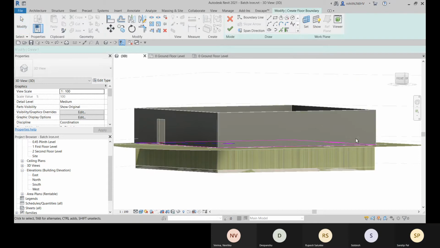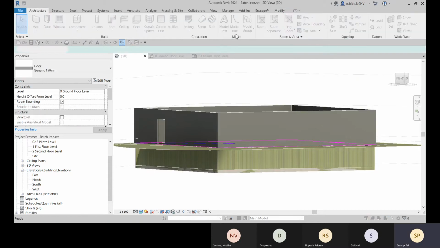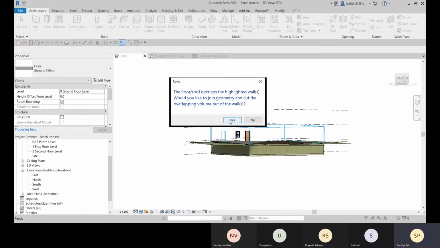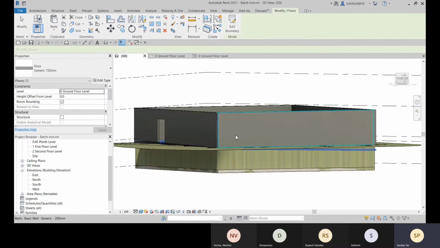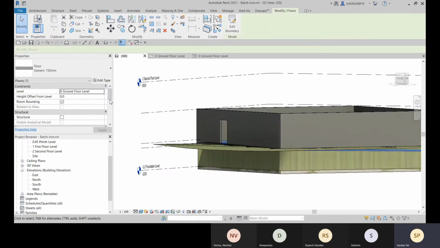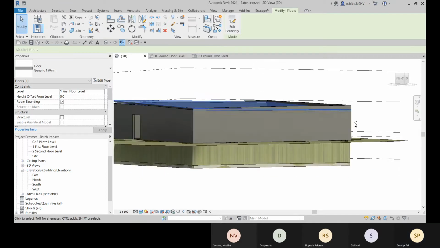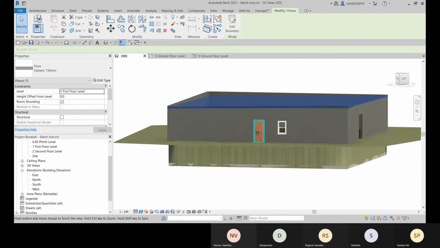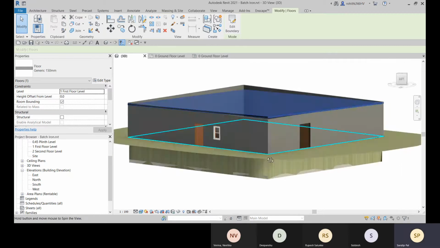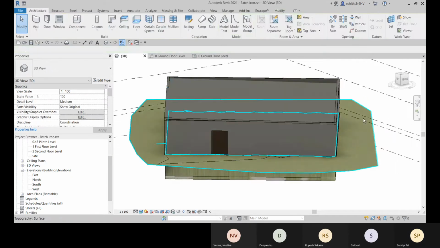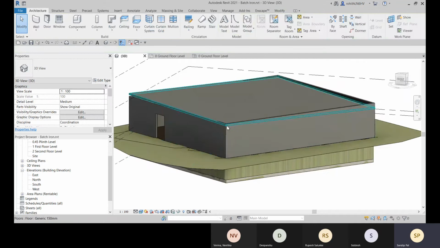Suppose while creating and finalizing this, you had selected the yes option. Now let me change this to first floor level. I think it's because the level is changed. Okay, no problem.